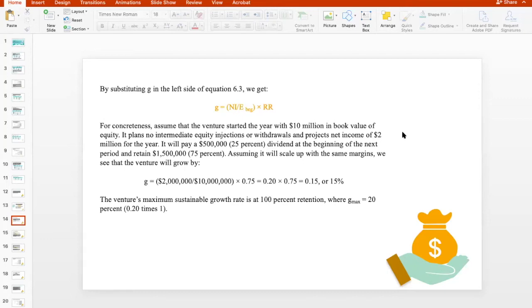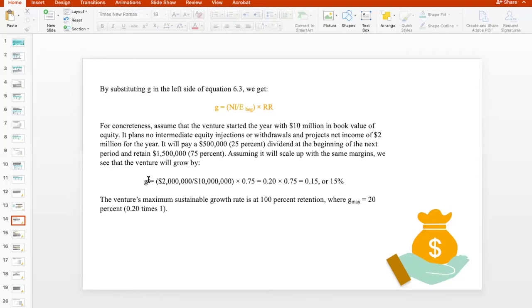See, the net income is $2 million. So the $500,000 represents the quarter of this net income distributed at the beginning of the next period, and we retain the remaining part, which is $1,500,000. Assuming it will scale up with the same margins, we see that the venture will grow by, so we'll just